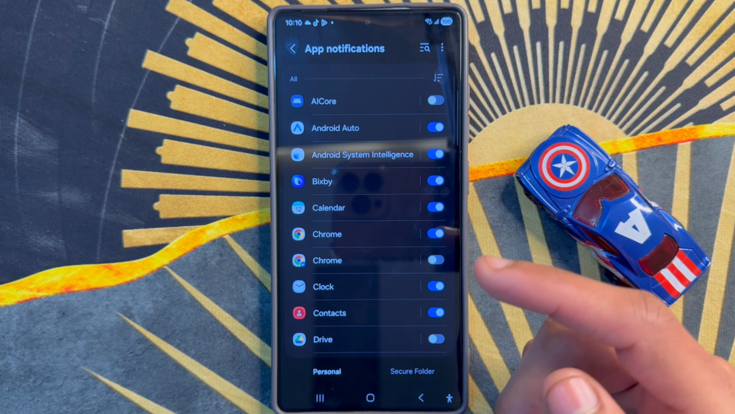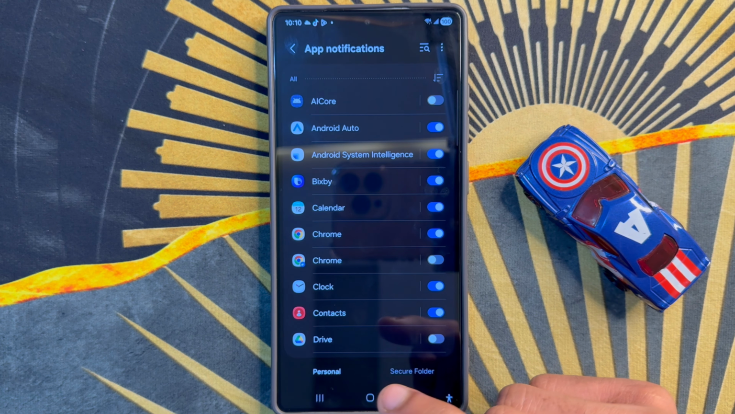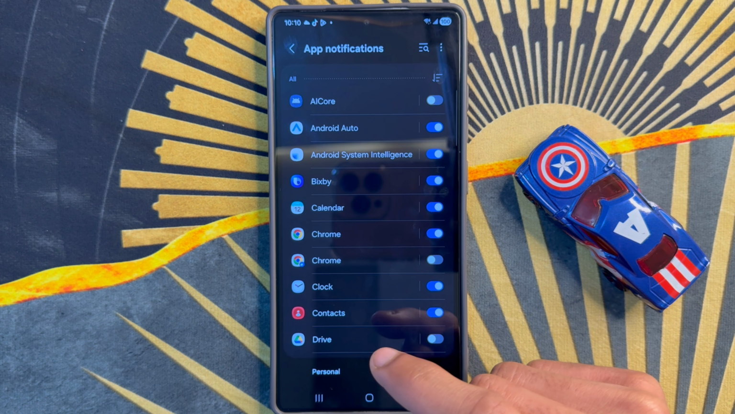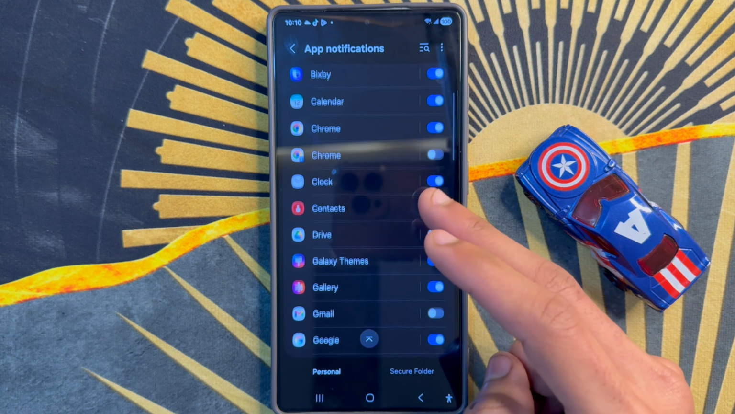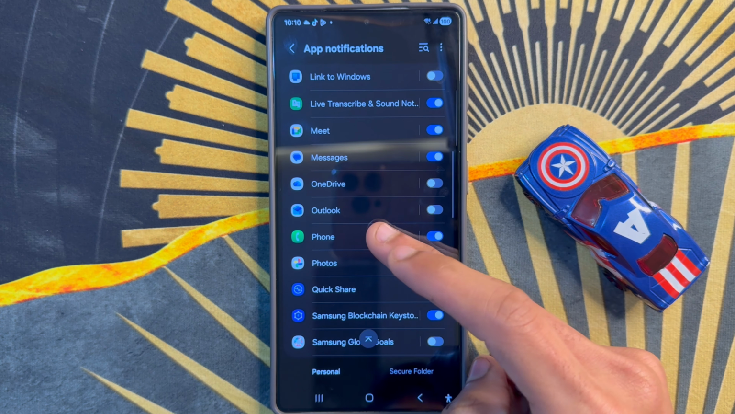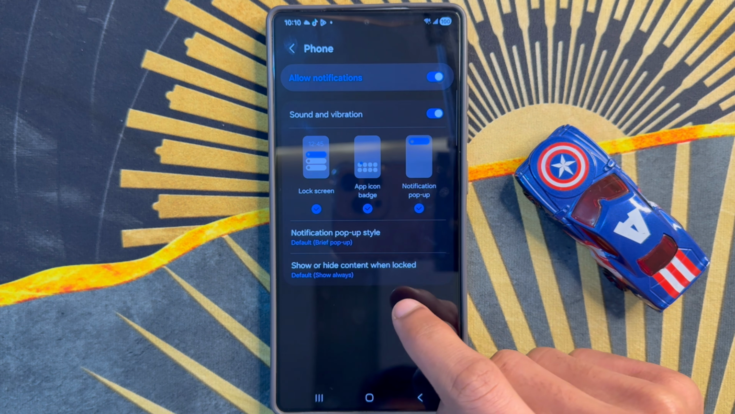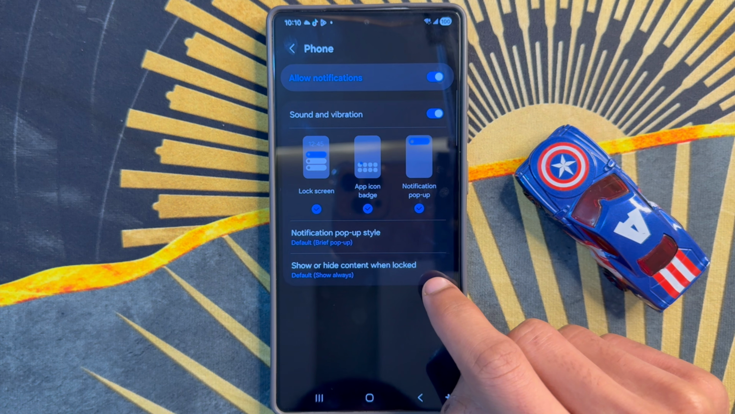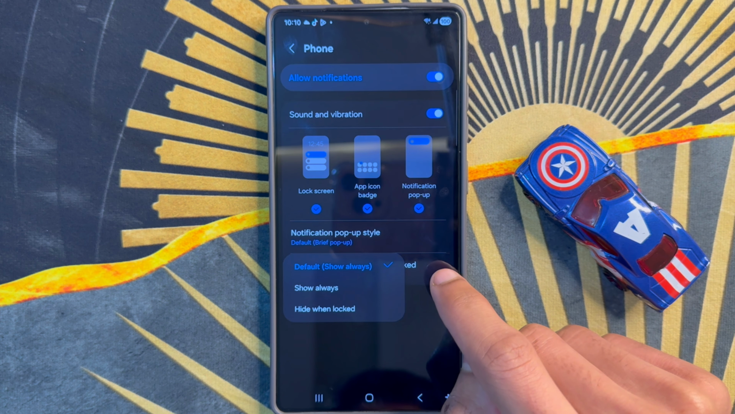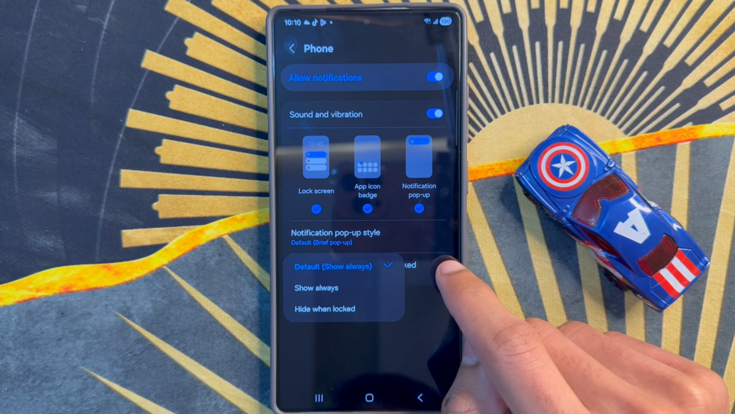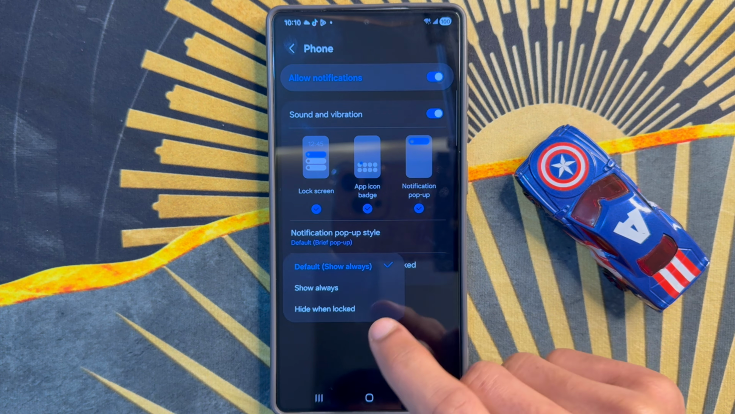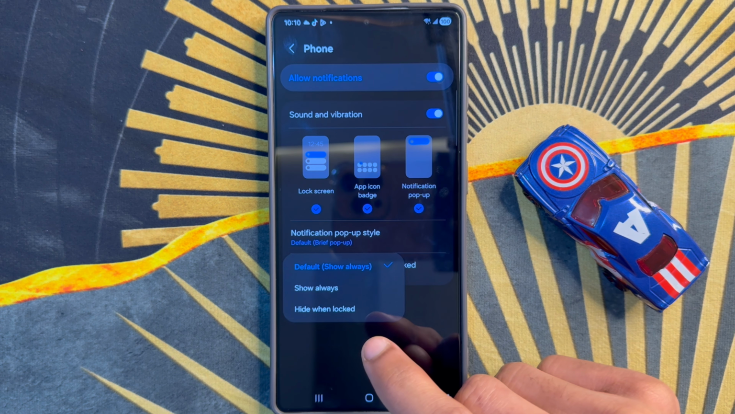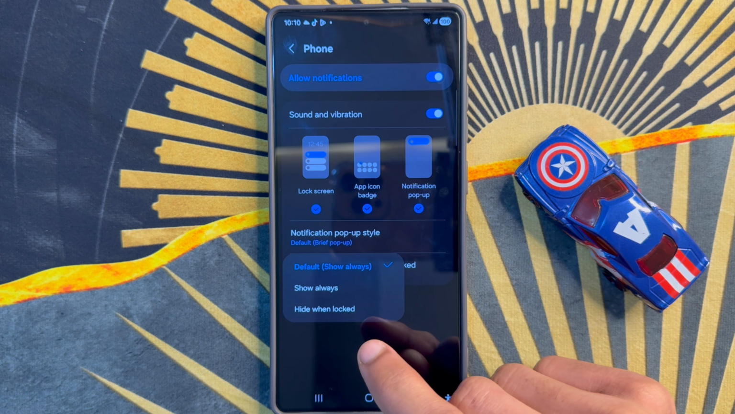After clicking on app notifications, if you want to hide and show notification content on lock screen, you will select app from here. After selecting the app, you will see hide or show content when the screen is locked here. So click on here. After clicking, you will see, if you want to show app notification content on lock screen,